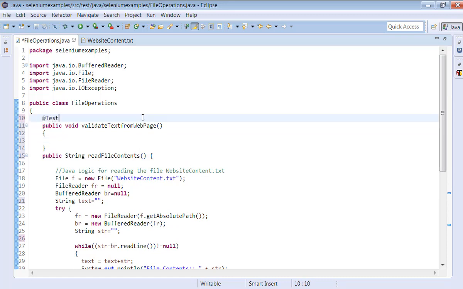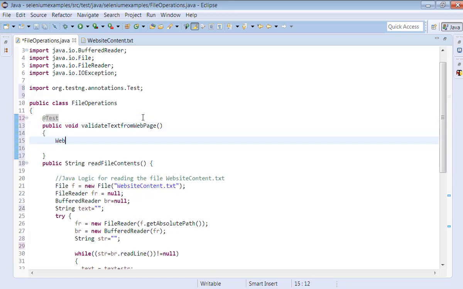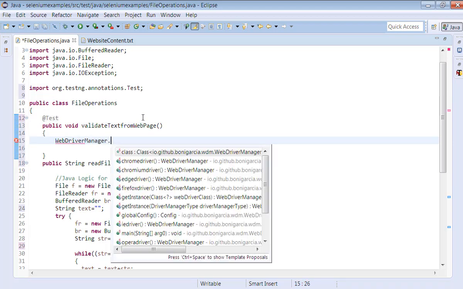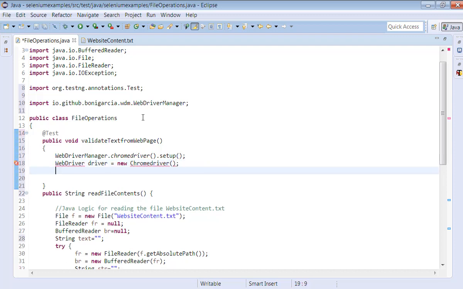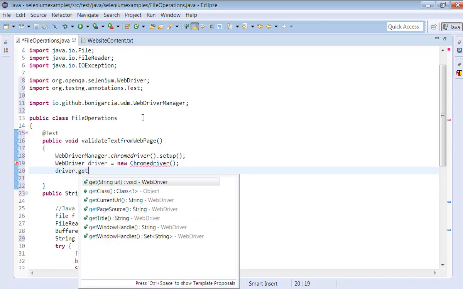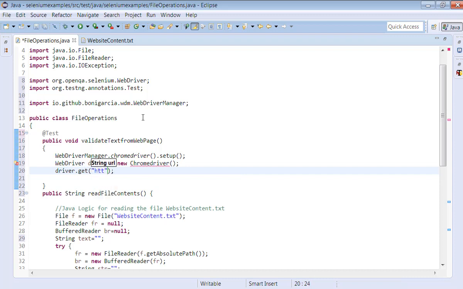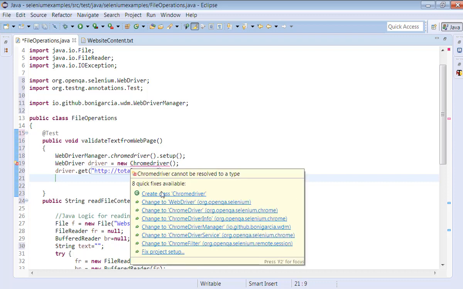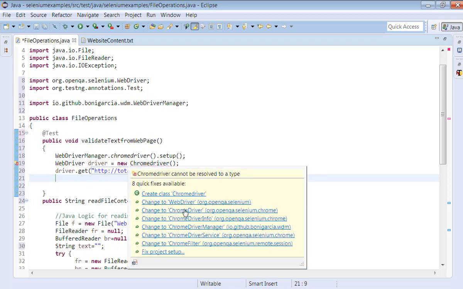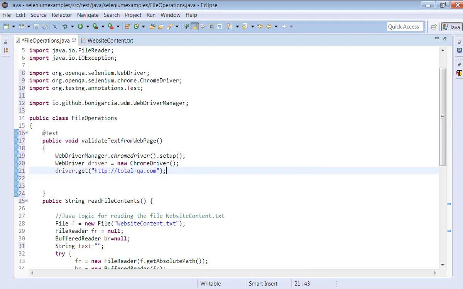We'll create this as a test case here, and write the logic: WebDriverManager dot chromedriver dot setup, then WebDriver equal to new ChromeDriver, then driver dot get, and we will provide the URL of the website, total.com. And also we have to read the text.